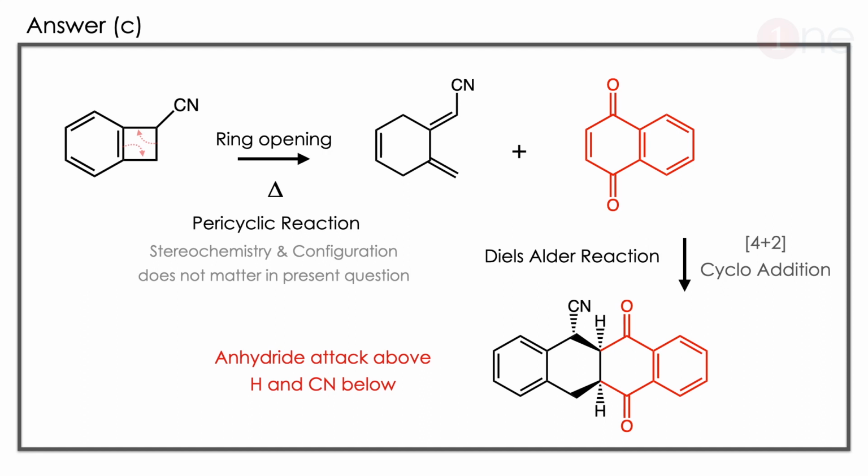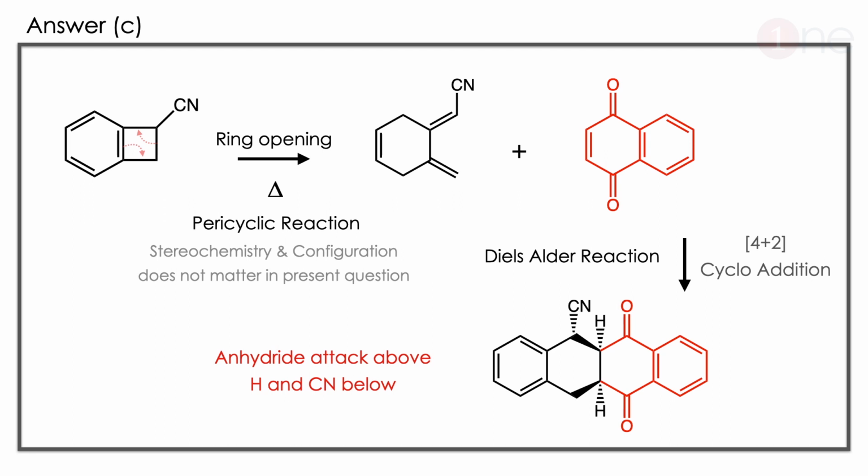So you have the Diels-Alder reactant, the diene, and you have the other reactant which is a diketone conjugated with a double bond. Clearly it's a dienophile. So the Diels-Alder reaction occurs. Here you have to know the Diels-Alder reaction can attack from top or below. Either way you can write both.